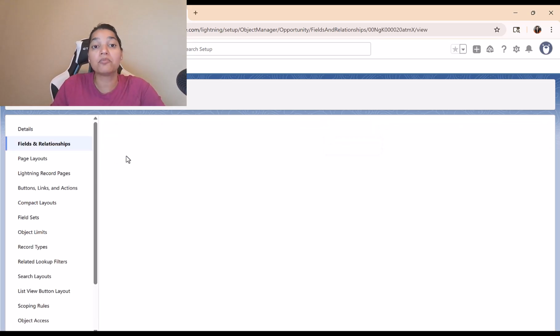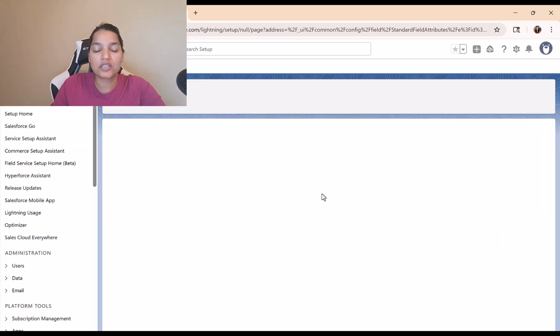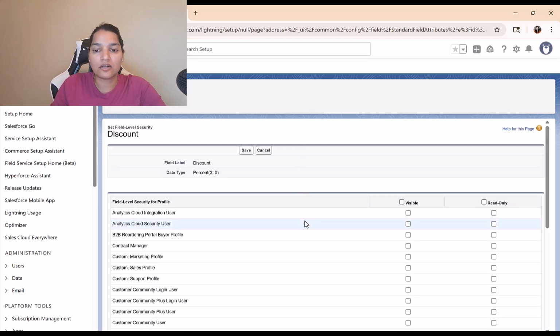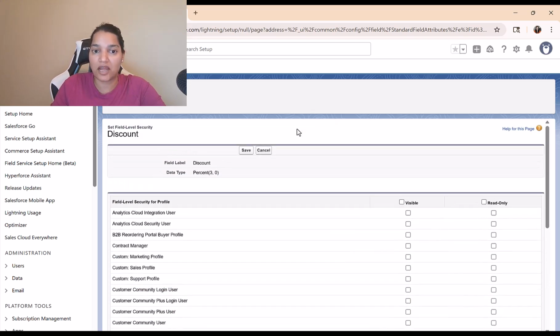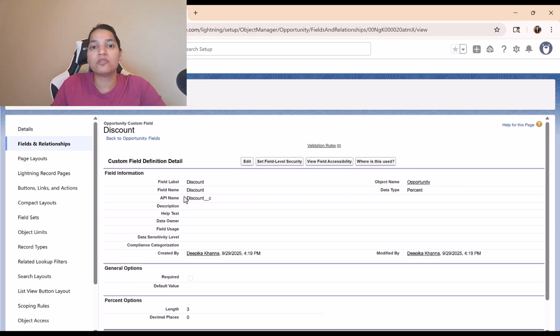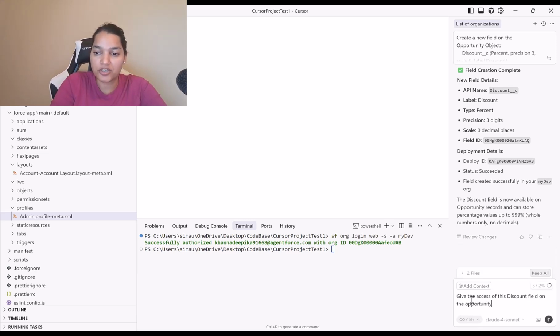Now check the permissions of the field. So we'll go ahead and look at field level security. And here under the field level security, that access is not there for system admin. So the field won't be visible on the page layout, won't be visible to the system admin user. So what I'll do is I'm going to go back to Cursor and I'm going to say give the access of this discount field on the opportunity object to